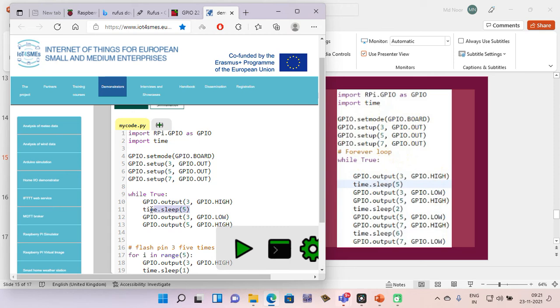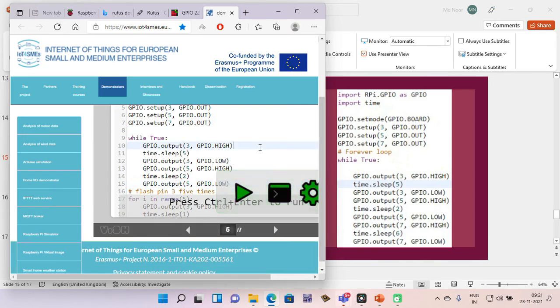So sleep time, 2 seconds sleep in this case. So after sleeping for 2 seconds, turn it off. Pin number 5, okay, you need to change the pin number. So now you turn off the yellow.